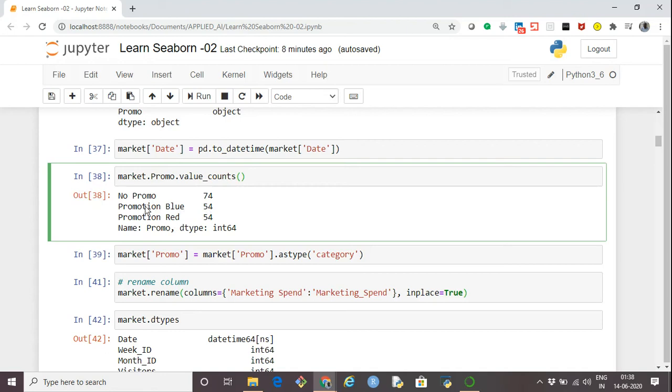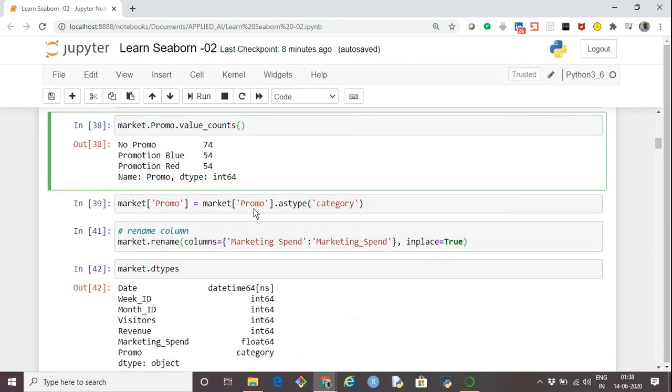Since this is categorical in nature, we need to convert this column into a categorical column. How do we do this? We say market, the column name promo, dot astype, and within brackets category. This will convert the column into a categorical column, and I'm storing the result back in the same column, market promo.